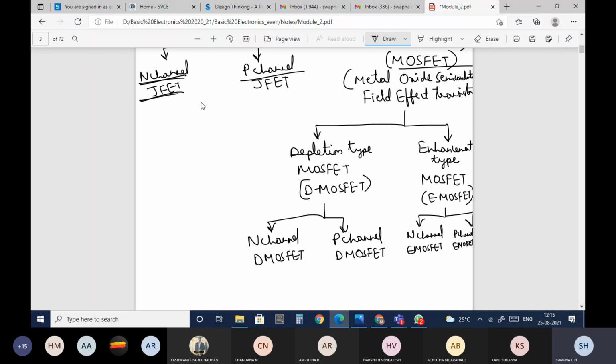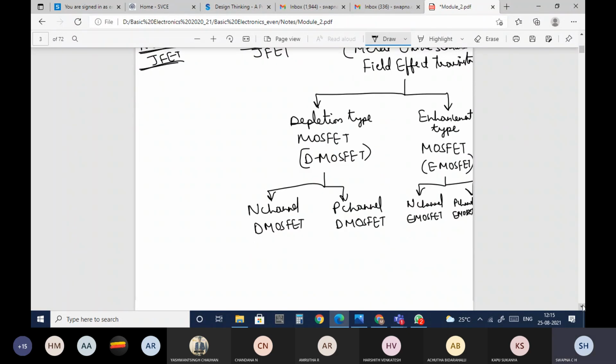So in this module, we will study all the different types of field effect transistors, and after completing the junction field effect transistor and the metal oxide semiconductor field effect transistor, both the depletion type and the enhancement type, we'll go ahead with the silicon control rectifier.